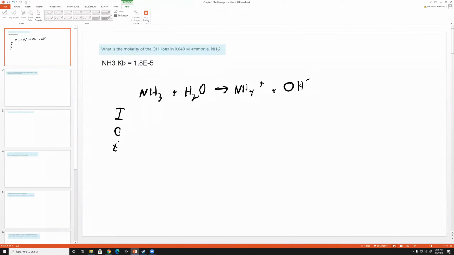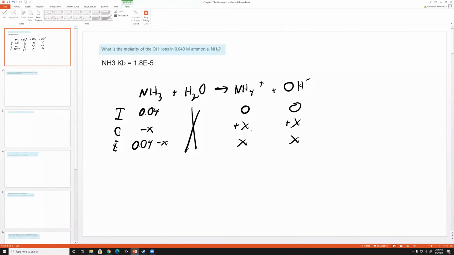So we do an ICE table. The initial concentration of ammonia is 0.04. Water we don't count because it's a pure liquid. And the products initially at time 0 have 0 molarity. The change is going to be minus X for the reactants and plus X for the products. Then we will write our equilibrium expression, 0.04 minus X. Then you're going to have a net change for the ammonium ion and the OH- at X. So then your equilibrium expression will be X squared over 0.04 minus X equals 1.8 times 10 to the negative